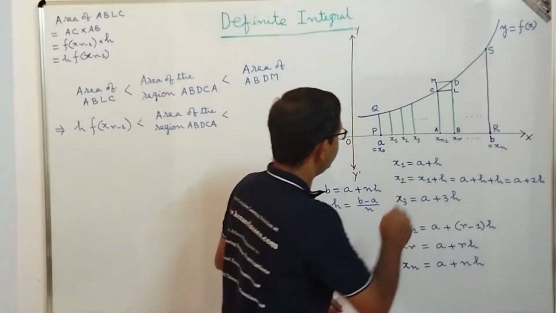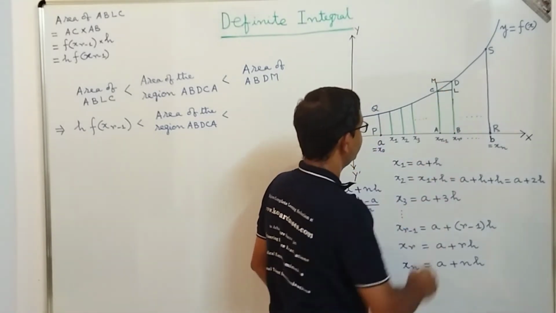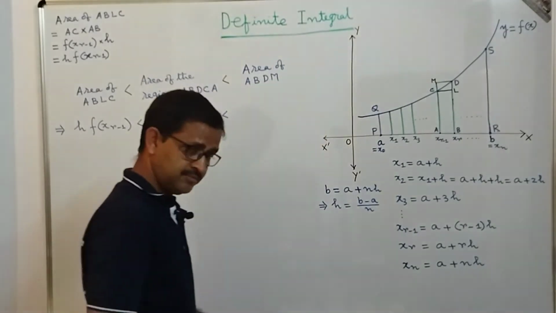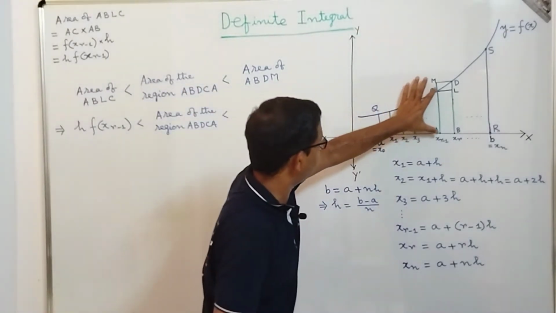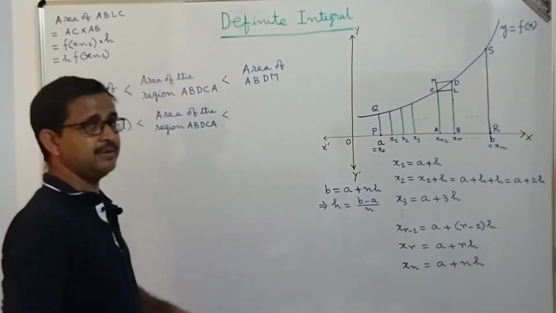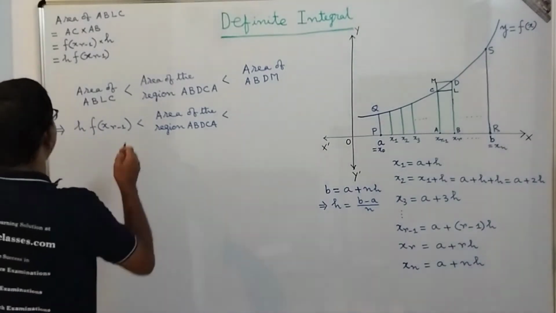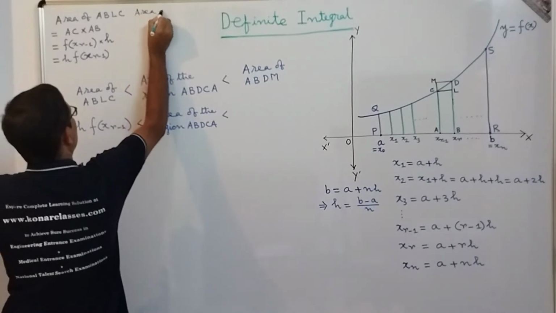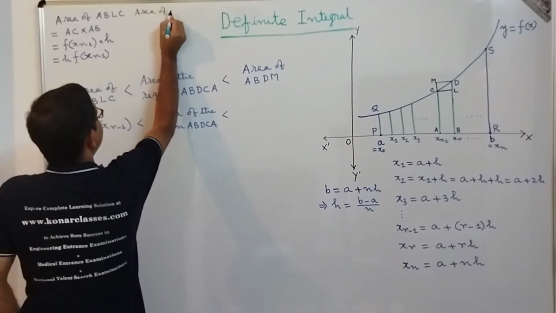Now let us find the area of the rectangle ABDM. Okay. Now if you look into the rectangle ABDM, that is nothing but AM into AB, or we can say AM equal to BD. So BD into AB. Okay. So what we can write? Area of the rectangle ABDM,